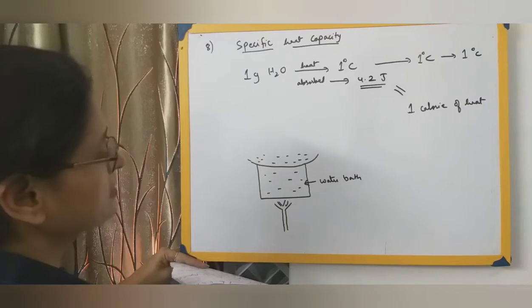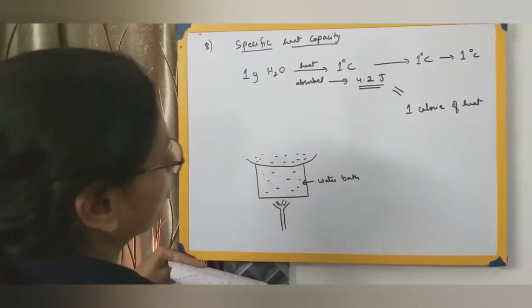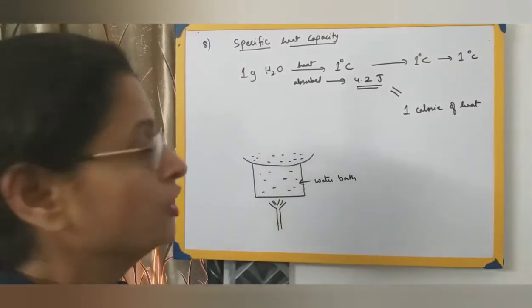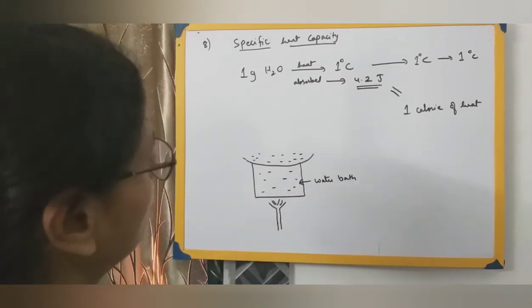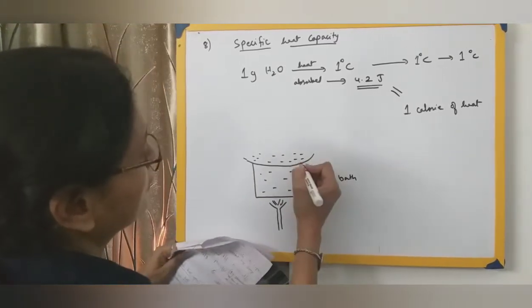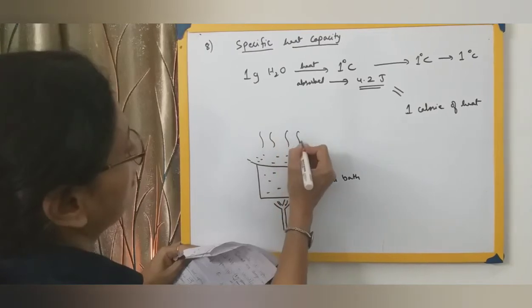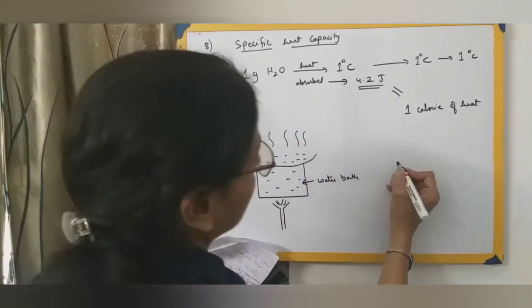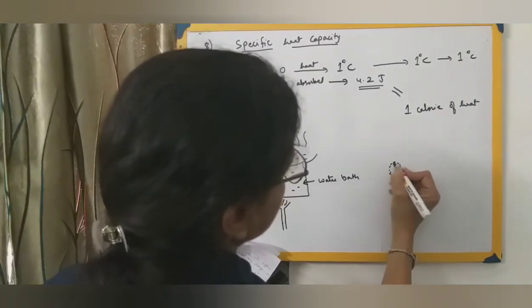So in order to make things work, we take a beaker. This beaker is acting as a water bath. When we are heating something with the help of sand, that is called a sand bath. When we perform experiments in the laboratory, many times we have to use a water bath or a sand bath. So we are using a water bath over here. When all this water is heated and forms vapors, when it gets evaporated, you take this watch glass and you will find that there will be some concentric rings on the watch glass.